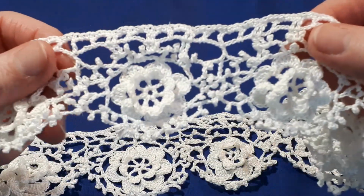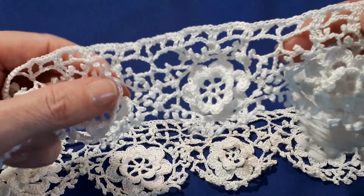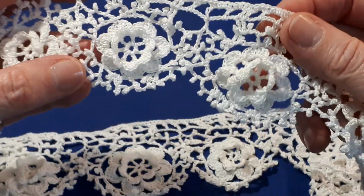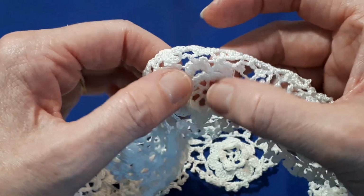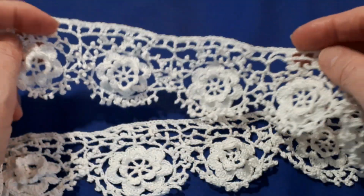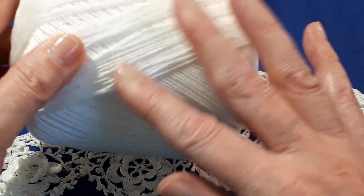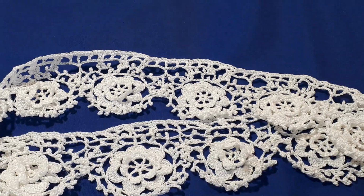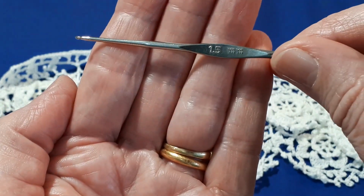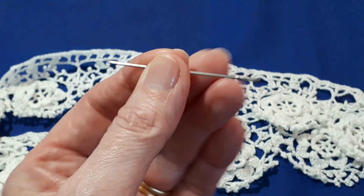I'm Susan from Tiara Lace Crochet, and today I'd like to share with you how to crochet this beautiful delicate lace edging. This is done using quite a fine thread and a small hook. However, today I will be demonstrating using a size 10 crochet thread and a 1.5 millimeter hook. You're going to also need a little needle and a pair of scissors,